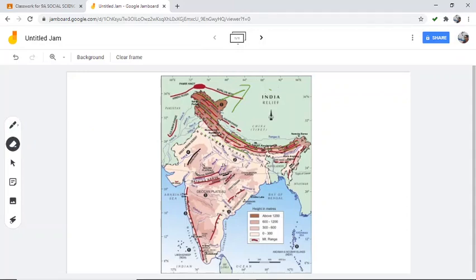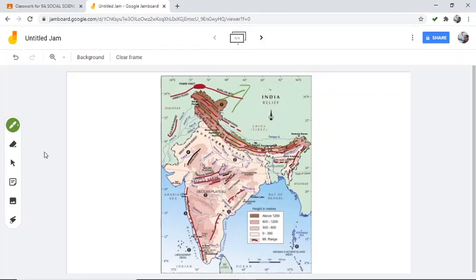And if the question is mark Himadri, Himachal, Shivalik, don't just put a dot there and write. You have to draw a line properly, and nearby anywhere you can write the name of the mountain. So that's about those Himalayan mountains.